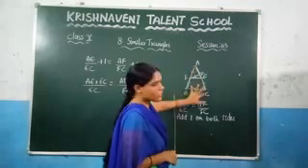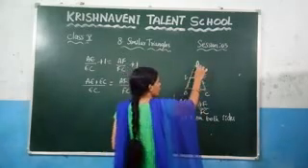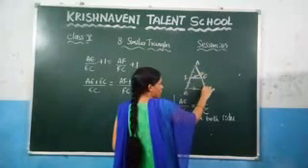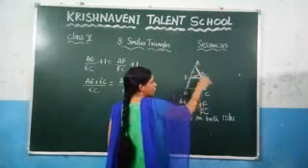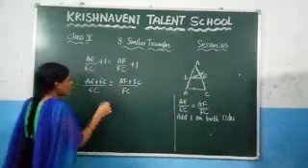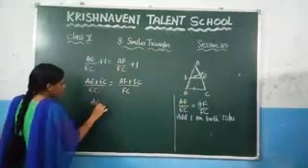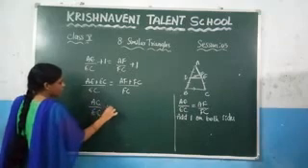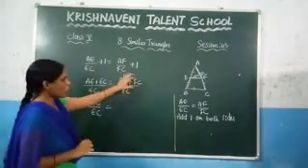You will get the total length, which is AC, right? This is the length of AE and this is the length of EC. If you add, what you will get? You will get the total length, which is nothing but AC. So in place of this one, you can write here AC by EC is equal to, what is the value of AF plus FC?